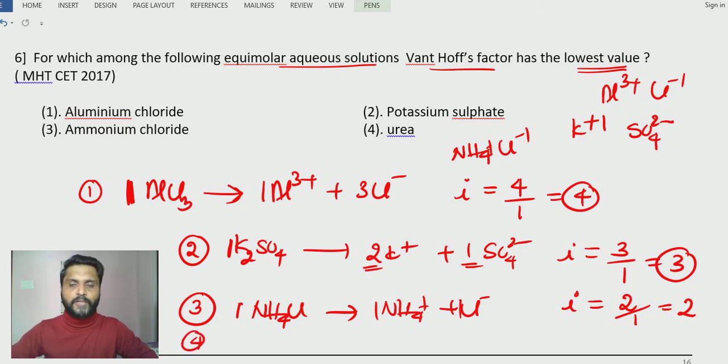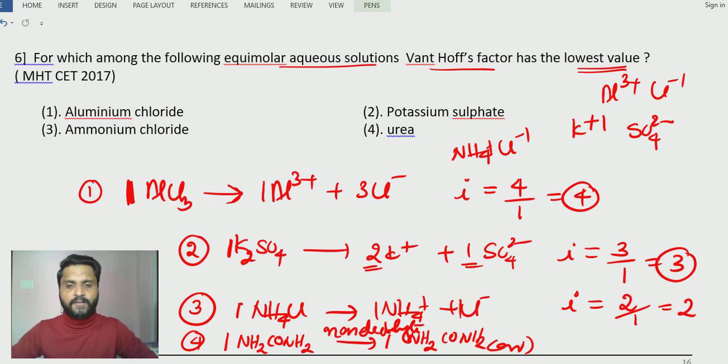Last one, the fourth one, is urea. Urea is the organic compound with the formula NH2CONH2. When dissolved in water, what will happen? It dissolves due to hydrogen bonding, but it does not undergo dissociation or association, it simply dissolves. So it will remain as 1:1. Urea is in dissolved form, an aqueous solution. Clear, students? Remember, it is a non-electrolyte. Non-electrolytes do not undergo any dissociation. They do not give ions. They remain as such. So i is equal to 1 after dissolution and 1 before dissolution, 1:1 ratio. So the answer is which one? The lowest value is for urea. Clear, right?